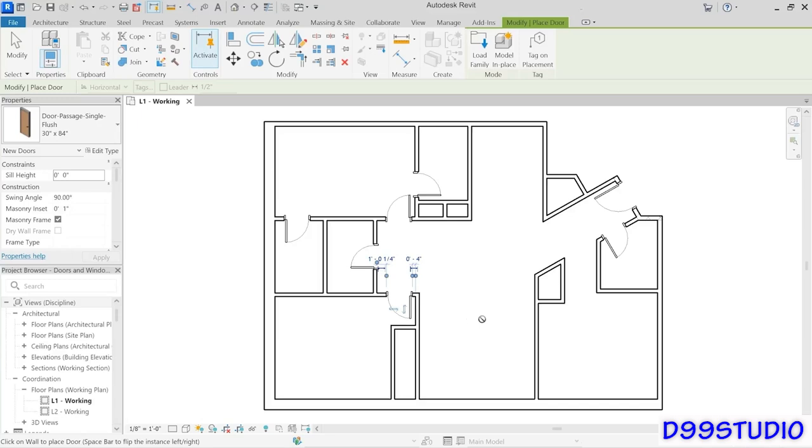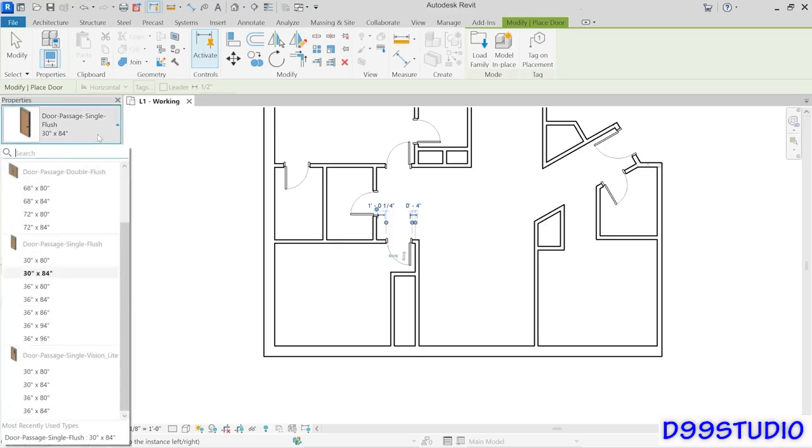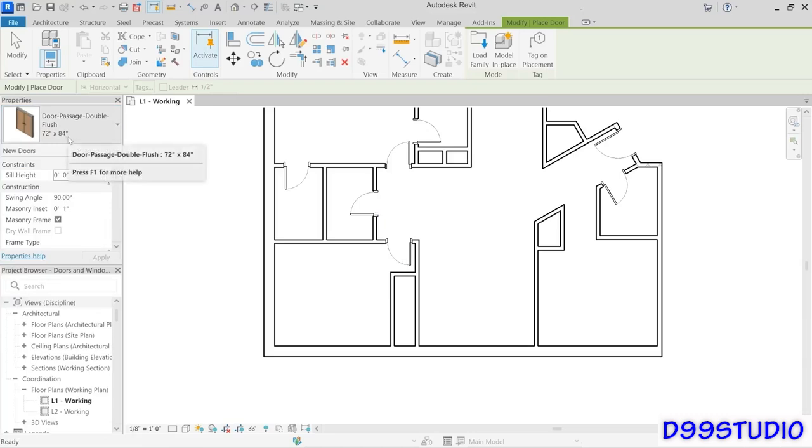Now I want to add a double door down here in this patio, pointing out. So coming out of the living room, there's going to be a patio in the lower portion of the plan. The only double door that I currently have loaded is this double flush door here, so for now, I'm going to choose that. In the Imperial file, I'll choose the 72 by 84 inch size. If you're working in metric, use the 1800 by 2100 millimeter size, and just place it centered in this space